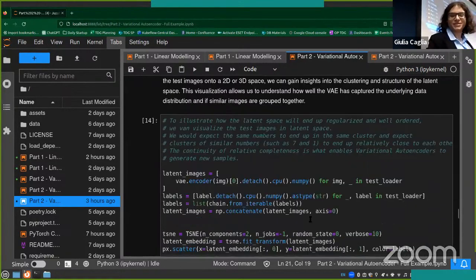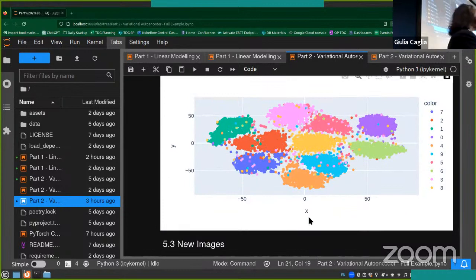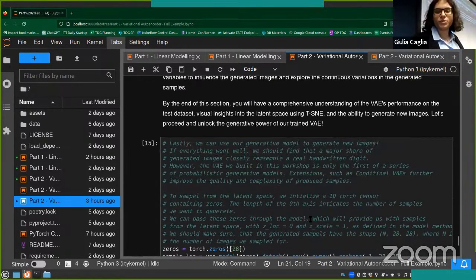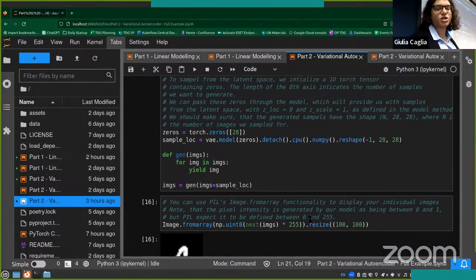But here we just look at the embeddings. It is very similar to what you already saw on the slide deck. I will not go into too much detail about this again, but further down we can now create some new images. It's also described how we do that. Essentially, we just need to sample some kind of vector that we give to the model. If you remember about the model, the encoder part is quite insensitive to anything that you pass through it outside of training. So the output here will just have